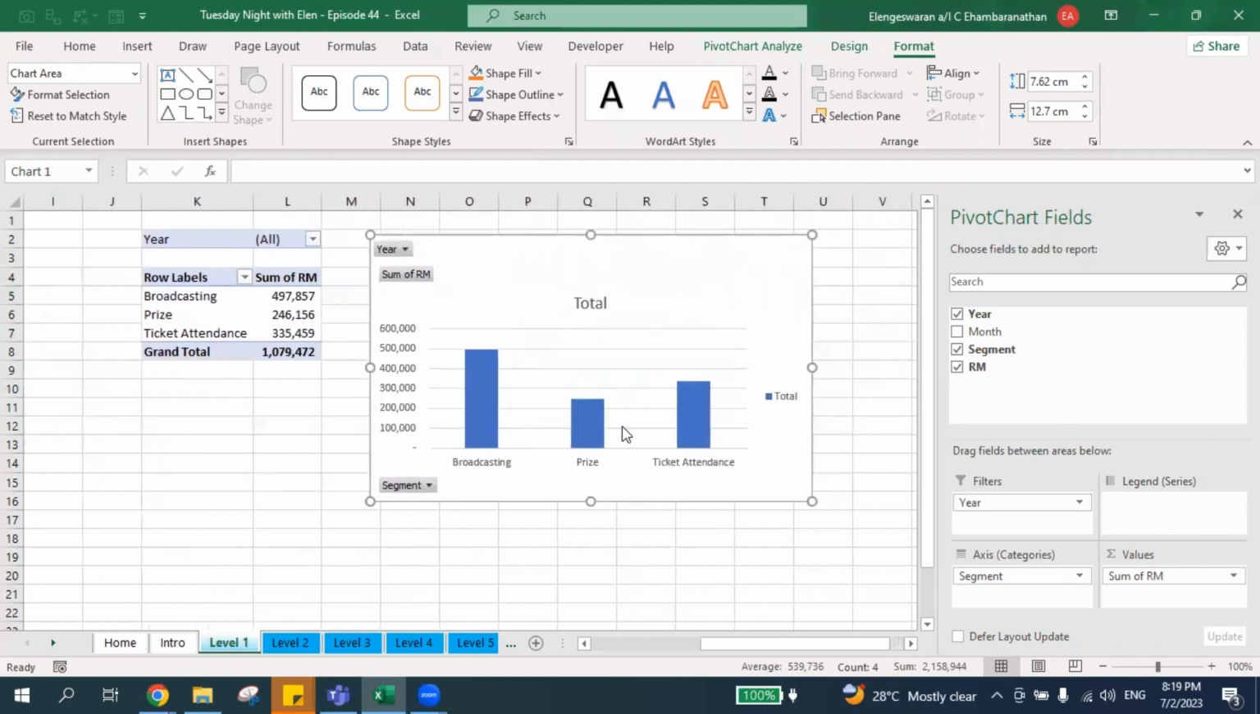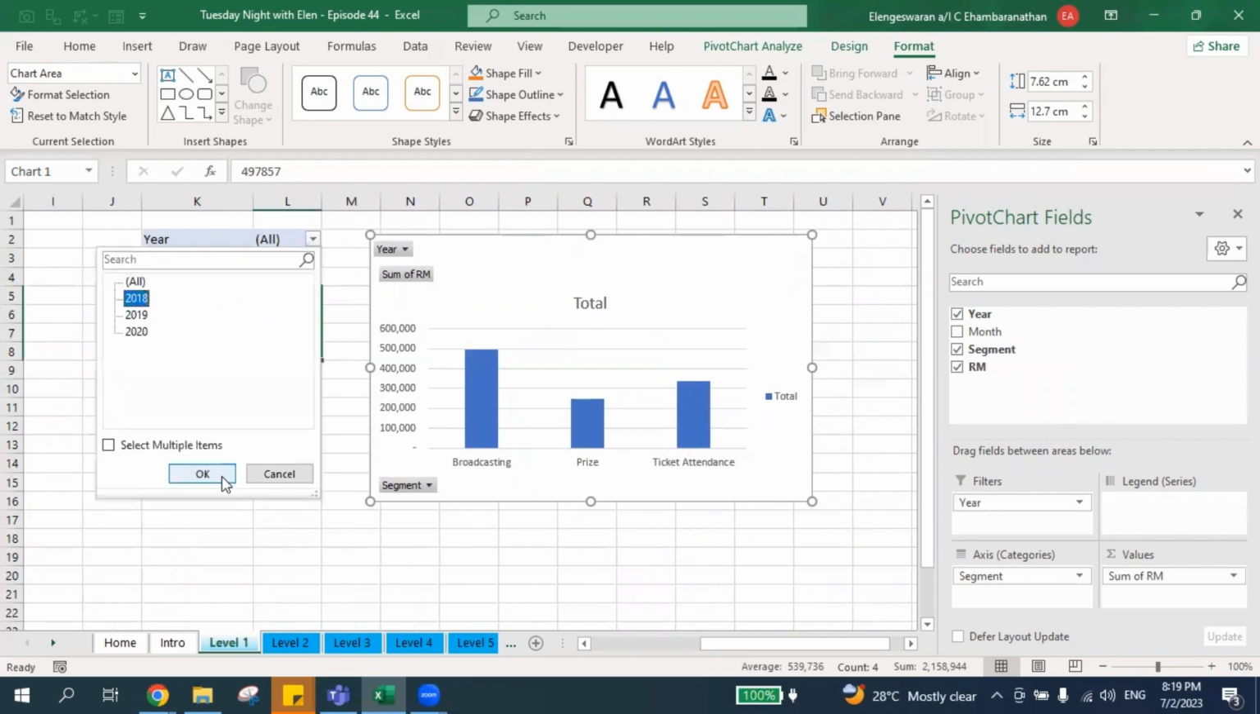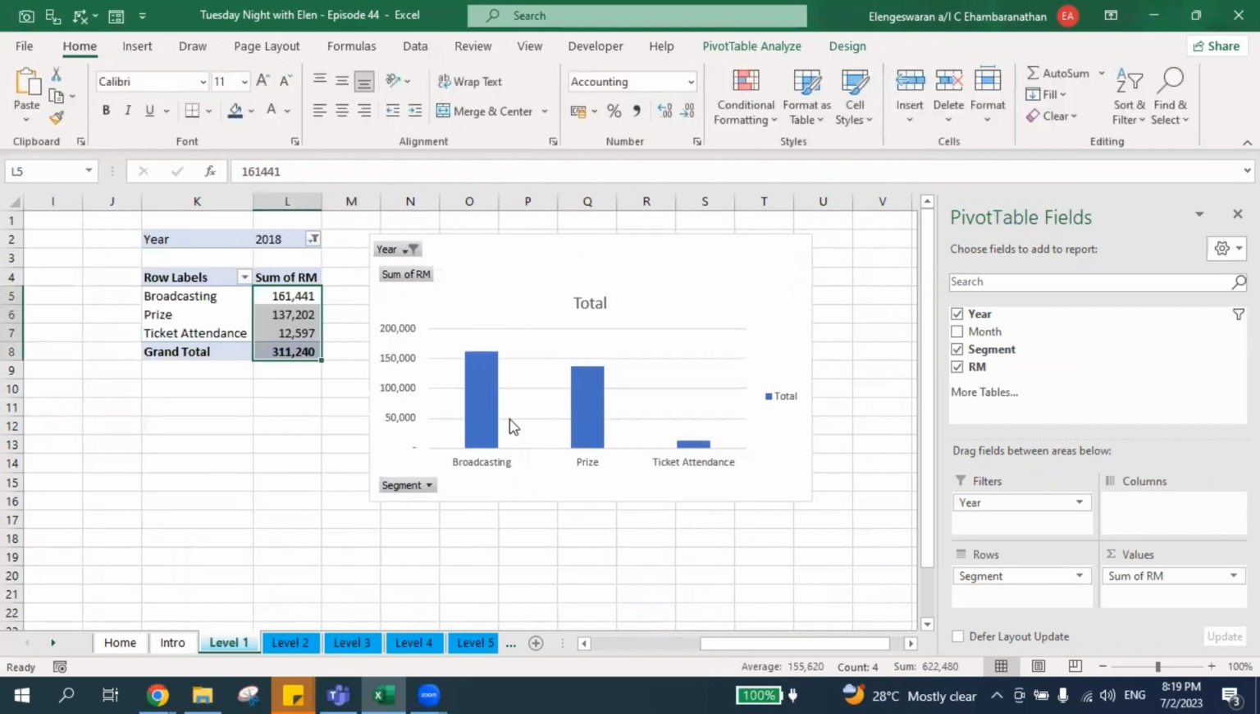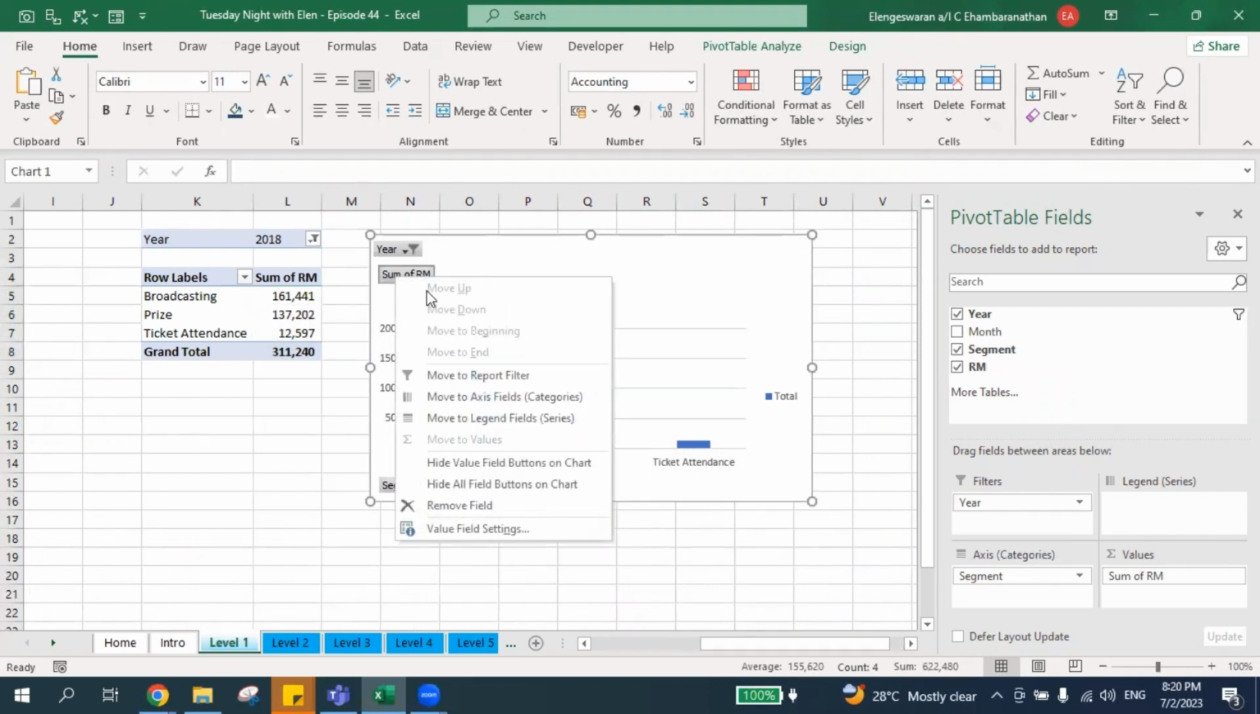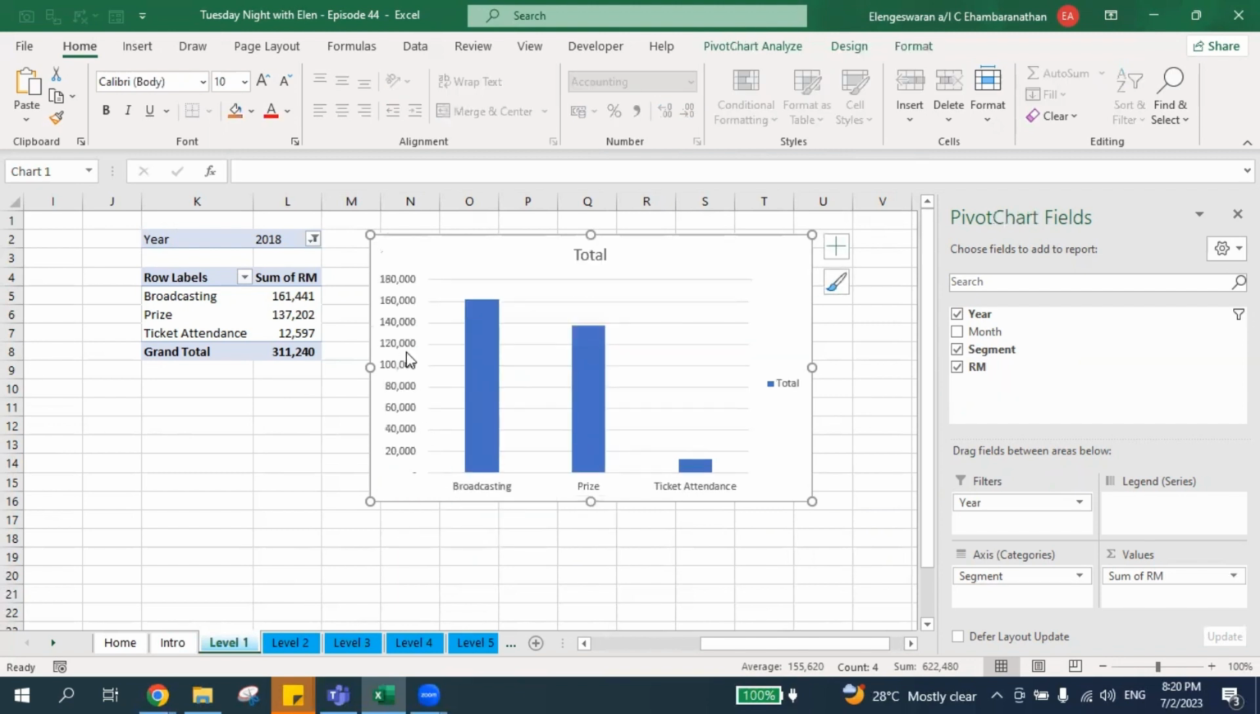Of course, here you can select the year, whether you want 2018 or 2020. But what I'm going to do is make it cleaner, so that you can present this to your manager, your lecturer, and your stakeholders. I'm going to press this button over here and right click. You will notice an option called Hide All Field Buttons on Chart. So I'm going to hide all the field buttons